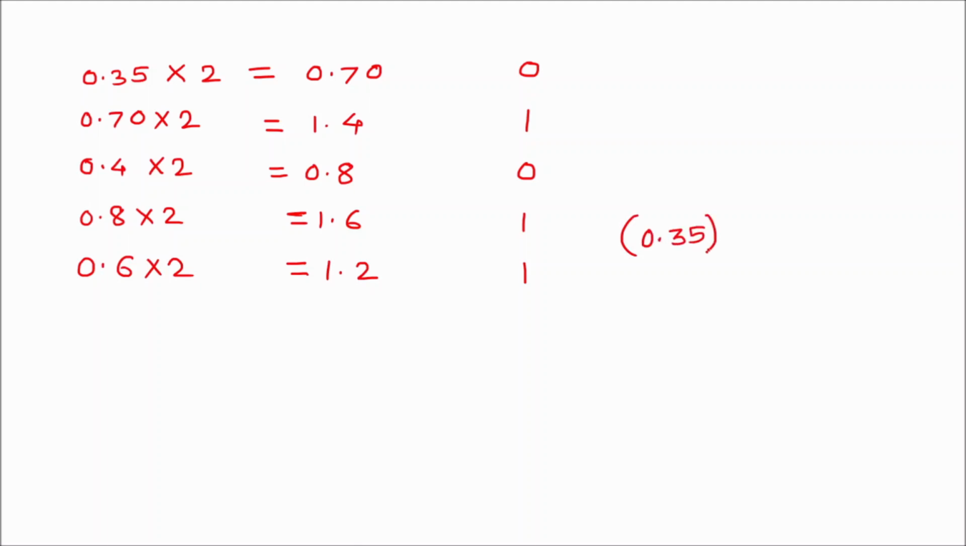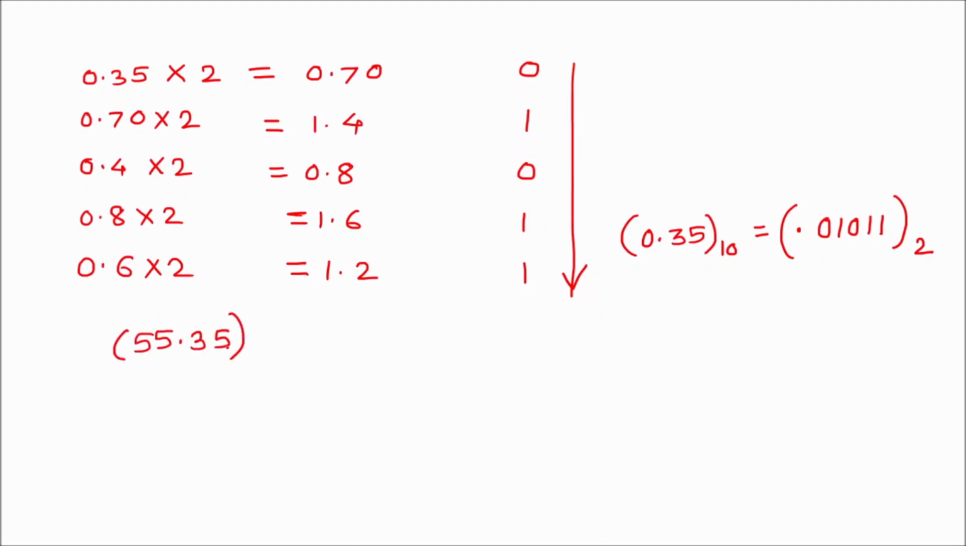0.35 of decimal. It can be written in fraction as point, and while writing the binary in case of fraction, you have to write from top to bottom. So it is 0, 1, 0, 1, 1. So that is nothing but binary representation of 0.35. Now we will find